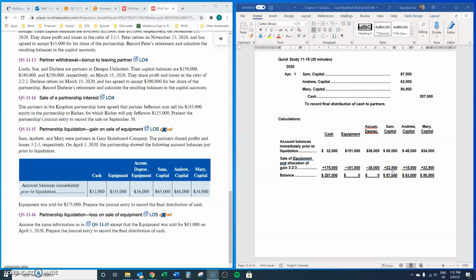So $60,000 times 3/8 is $22,500. $60,000 times 2/8 is $15,000, and $60,000 again times 3/8 is $22,500. So you're just showing they've got $175,000 in cash, so you're adding cash. You're taking the equipment off the books, which is a net of $115,000. That brings it down to 0. The difference gets spread among the three remaining